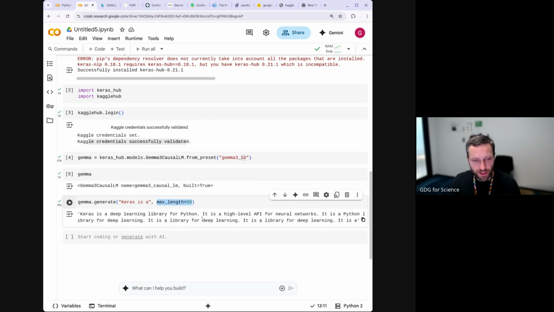So you can already see this model's a little bit unstable. It started really well as a sort of predictive text model. It said, Keras is a deep learning library for Python. Fantastic. It's a high-level API for neural networks. Fantastic. It's a Python library for deep learning. Well, that's getting repetitive. And then it keeps repeating itself. So yeah, you can see these small parameter models